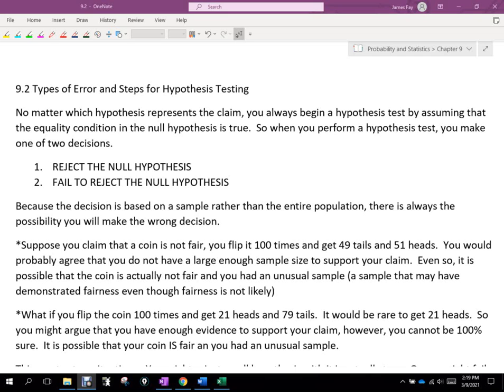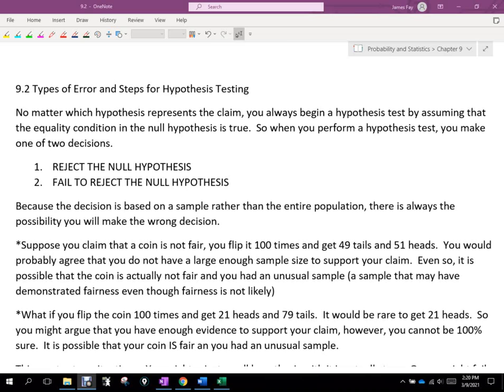All right, so we're going to talk about types of error for hypothesis testing, and then we're going to go through a bunch of scenarios, kind of like we did yesterday, write our hypotheses and identify which one's the claim. The reason we have to identify what the claim is is because we could do all the work without knowing which statement is the claim, but then when we summarize our results, there's